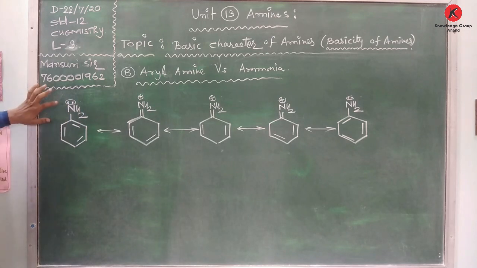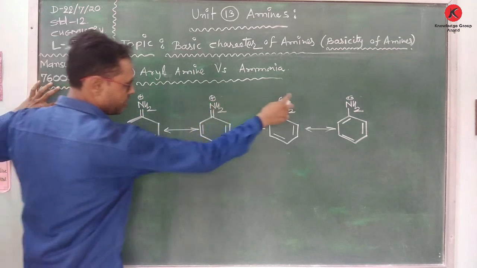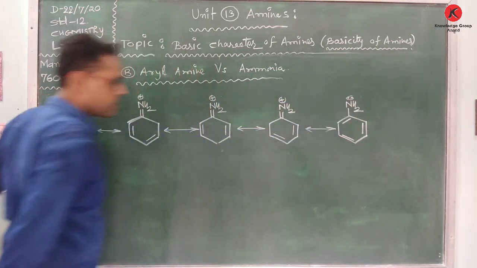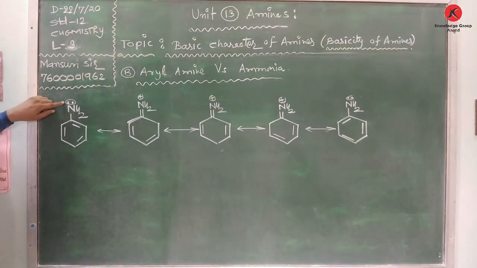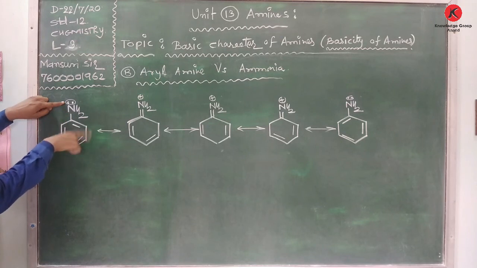Here the electron is present, here not present, not present, not present, and here present. So the lone pair of electrons of nitrogen goes to the benzene ring, and